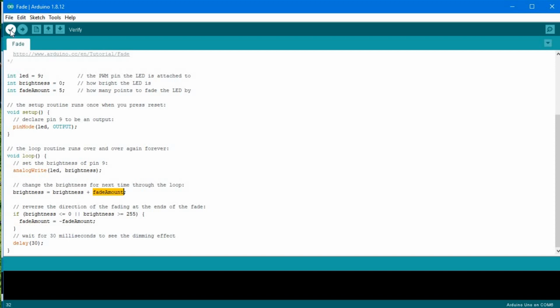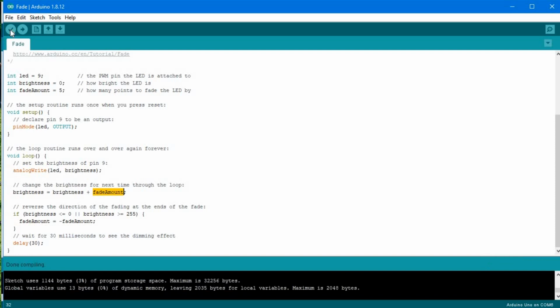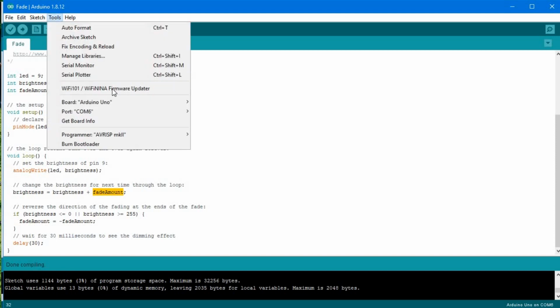So we will upload this code to our Arduino, and let's see how this works. The circuit is very easy. I have connected only one LED to the 9th pin without any resistor. There is no need for a resistor because the LED can tolerate the Arduino current in this case. So I'm uploading this sketch to my Arduino. Let me connect my Arduino to my system. It's connected now, and in Tools, the COM6 Arduino COM port is selected.